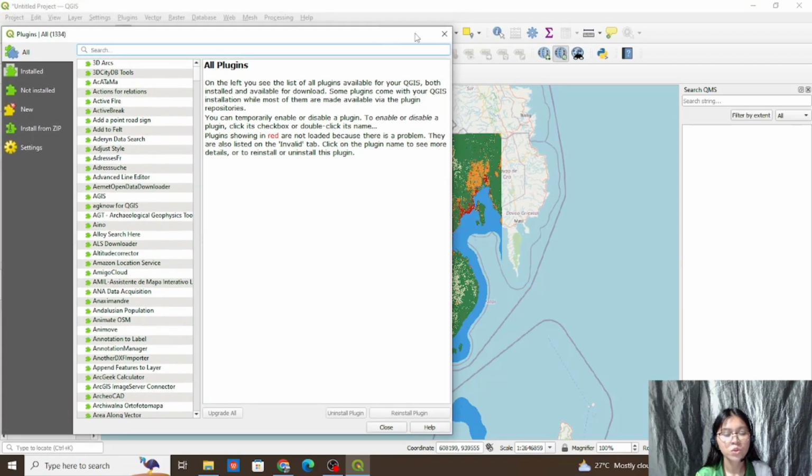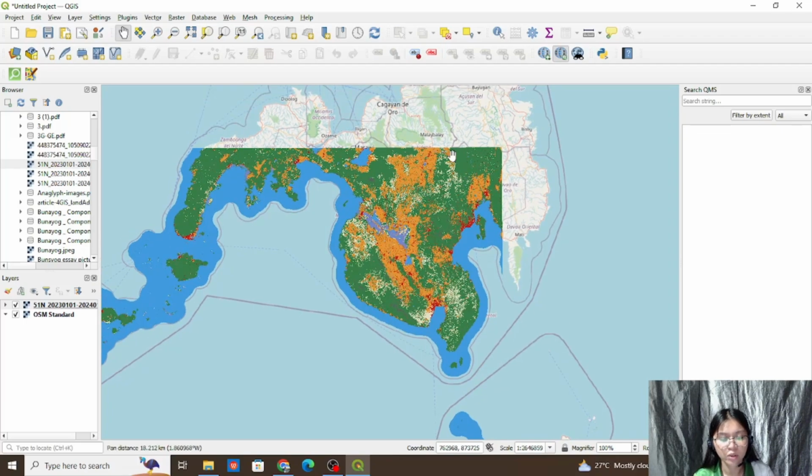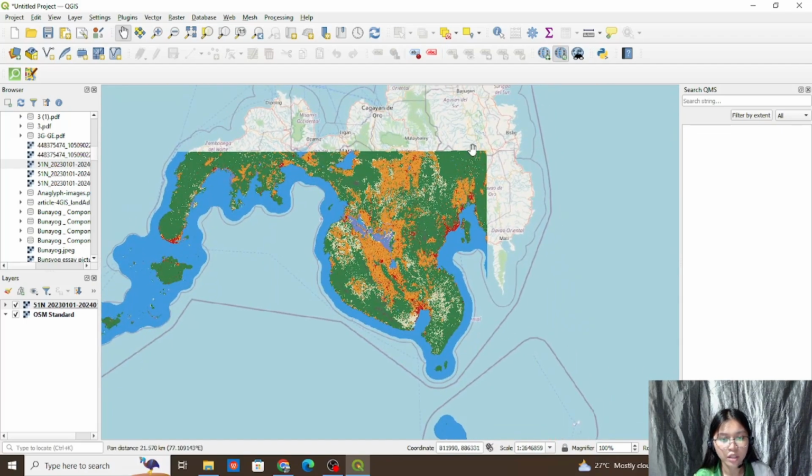I used the QuickMapServices plugin, Quick OSM. After having the background of the GeoTIFF file, the layers are